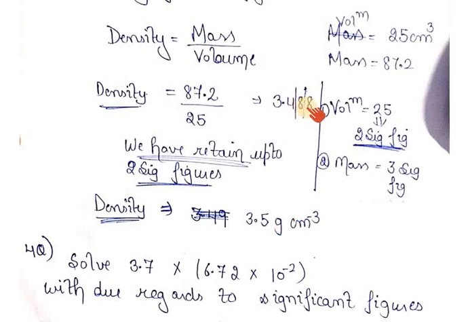3.488. But you want to give your answer up to 2 significant figures, so apply the break here because 2 numbers will be made up to here, right? 1, 2. So now you will see which number we are rounding off, these are the numbers we are leaving behind. So this number is greater than 5 or less than 5? 8 is greater than 5. So your previous number is incremented by 1. So the answer is 3.5 gram per centimeter cube. This is your answer, right?